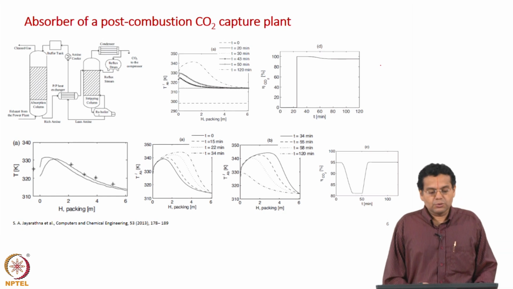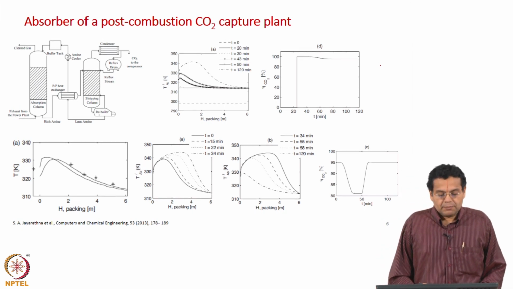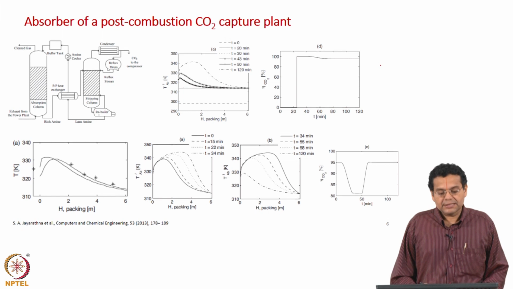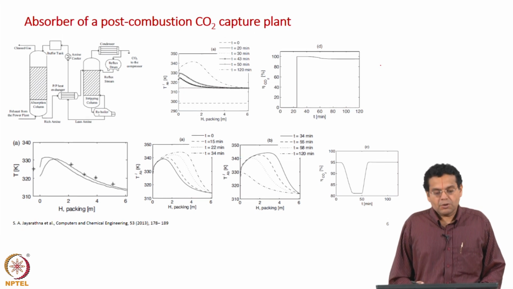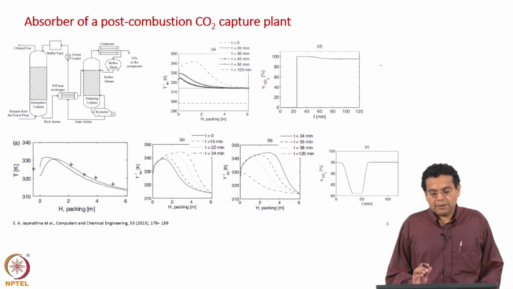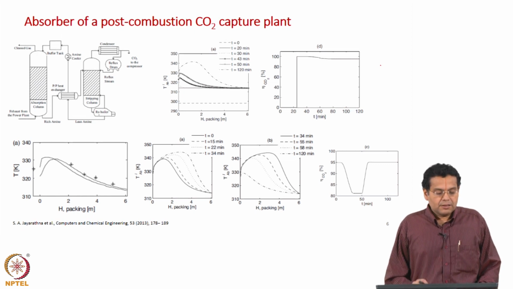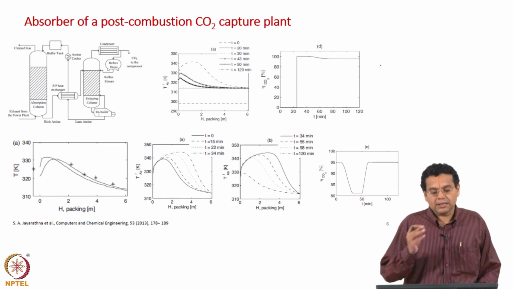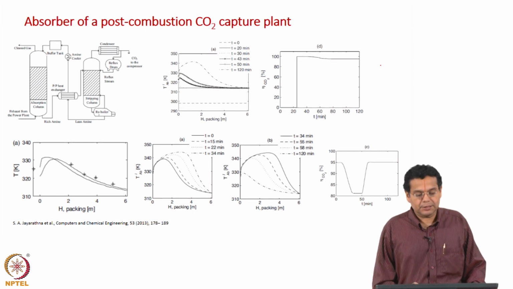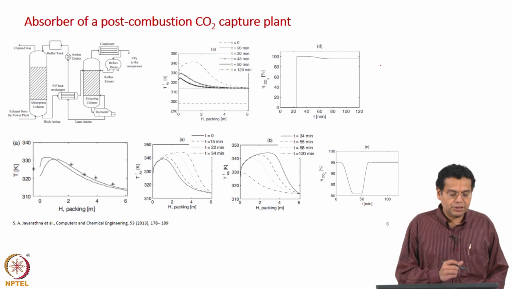Now, let us move on to mass transfer equipments. The first example is an absorber. What is the application? In power plants, we burn coal and generate power, but the flue gas coming from the power plant has lot of CO2 in it. So, it can't be let out to the atmosphere. We will have to capture the CO2 and then let out to the atmosphere. How do you capture is what is shown here.